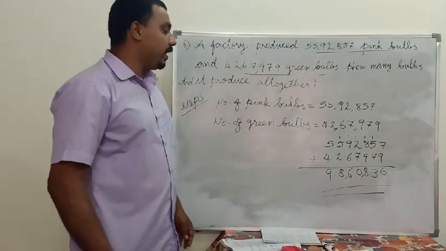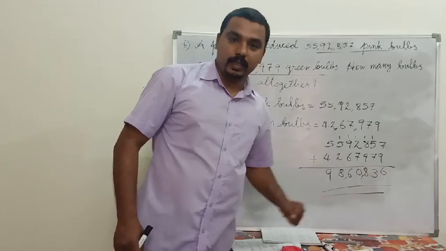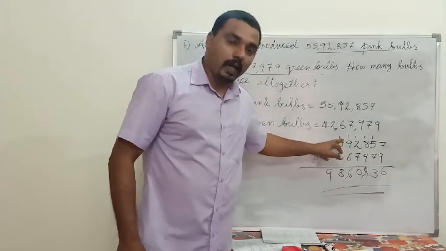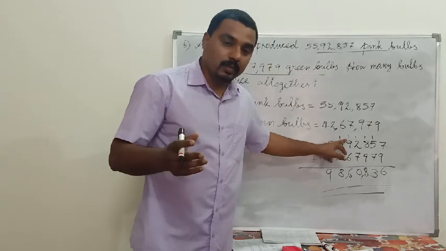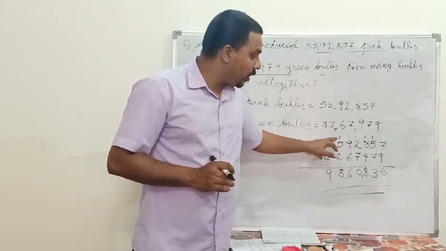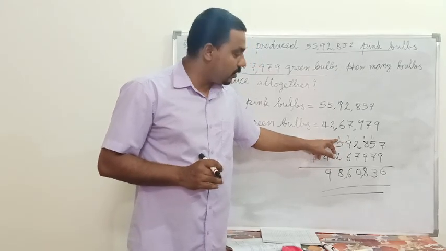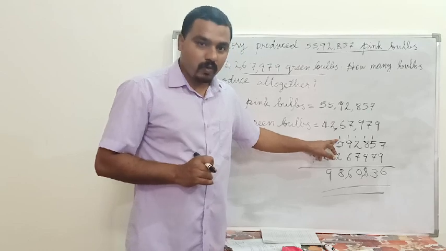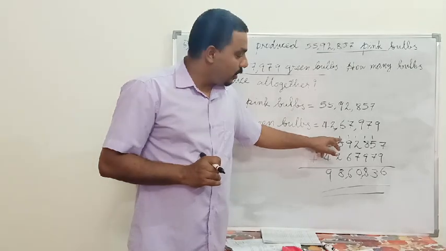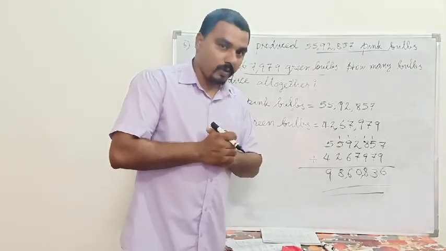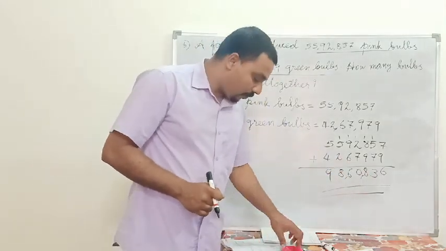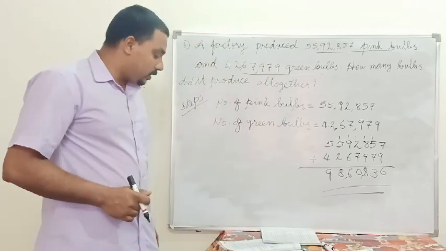We have got 98,60,836. Clear? So just see that you don't forget to write the numbers we are regrouping. Also you have to add this. If you do not write the regrouped number above the next number, some of you may forget this. So make sure you are writing the number which we need to regroup. Okay, so we have got 98,60,836. Now write the answer in a sentence.